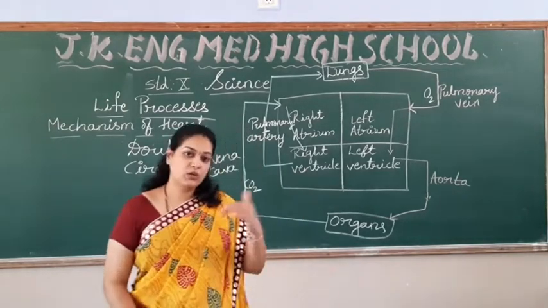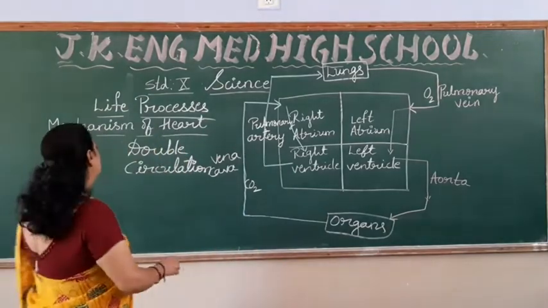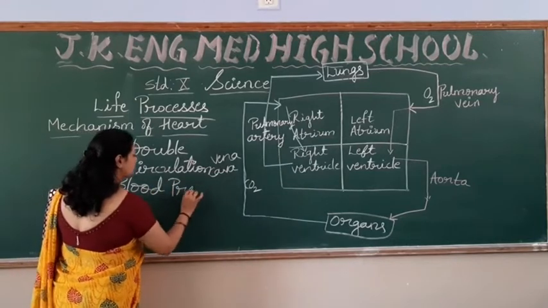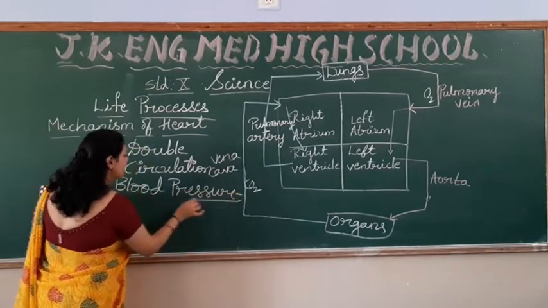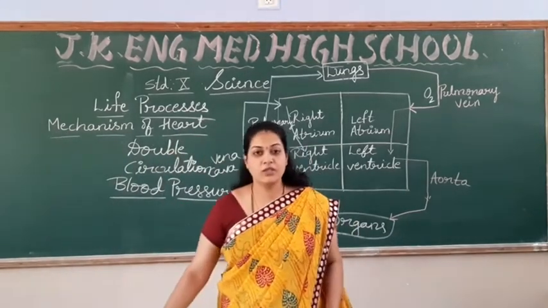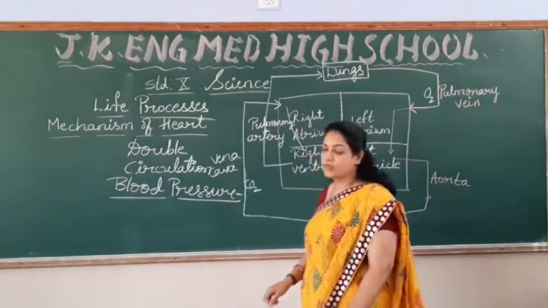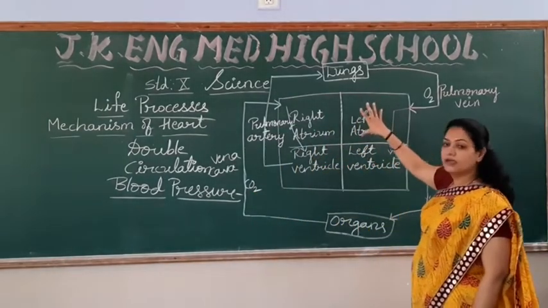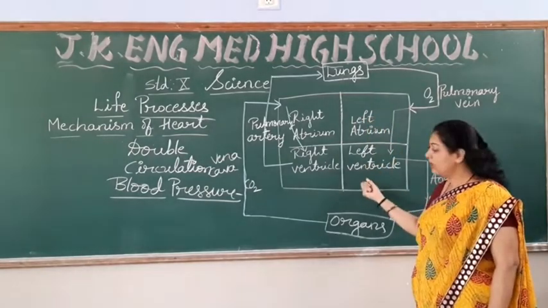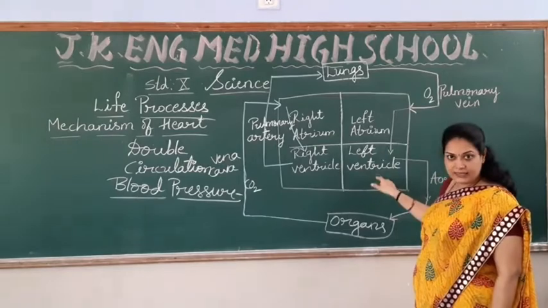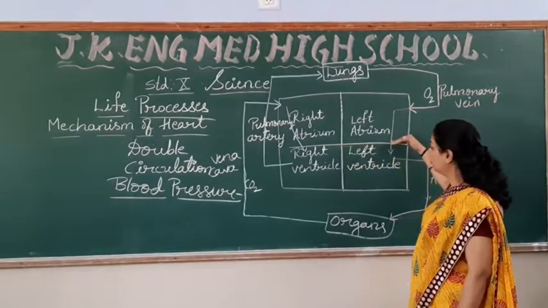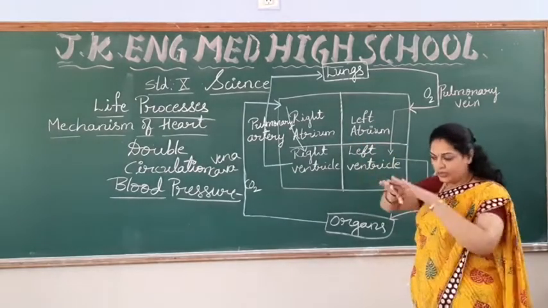Right? So coming to the next concept, that is blood pressure. In your day-to-day language, you are talking about blood pressure. Right? What is blood pressure then? See, blood will come to the right atrium. The right atrium will contract and then the blood comes into the left ventricle. As it comes, the valve will be closed. Correct? Here there is no passing of the blood, so it has closed.